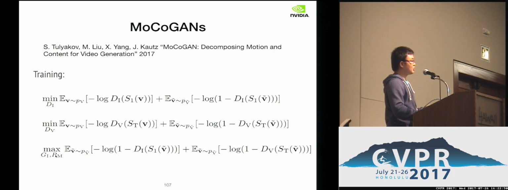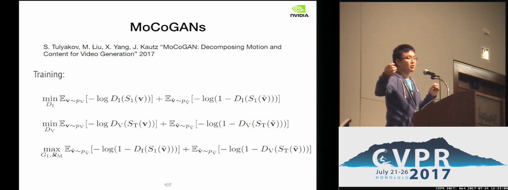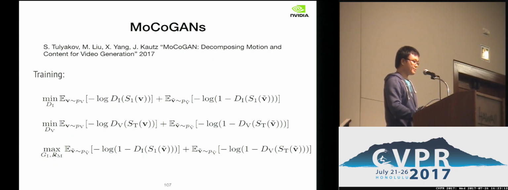And for GI and RM, where GI is our image generator and RM is the recurrent neural network, all you want to do is to measure whether GI can convert a latent code to a good image, and whether RM will give you a temporally meaningful sequence, so that you can convert it to temporally coherent information, which is the video clip.